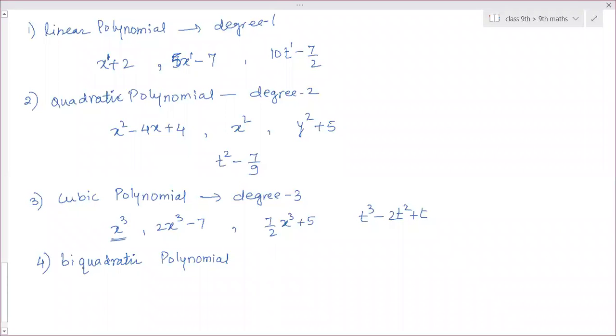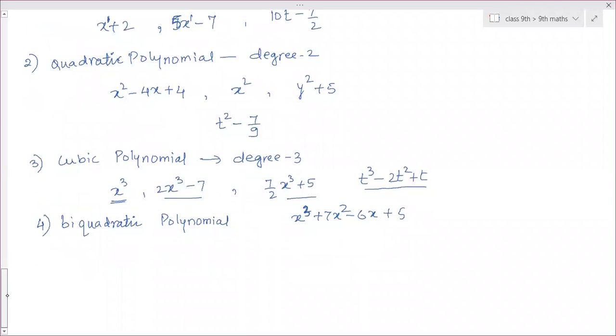Now here there is 1 term. Here there are 2 terms. Here there are 3 terms. Now here 4 terms: x square plus 7x minus 7x square minus 6x plus 5. But sorry, here it is cube. So it is cubic. What is the maximum power? 3. So therefore this is also a cubic polynomial. Number of terms doesn't matter. We have to check only the maximum power of the variable.